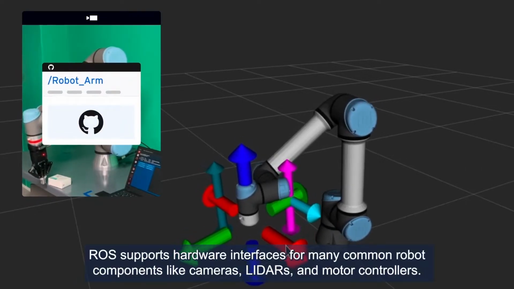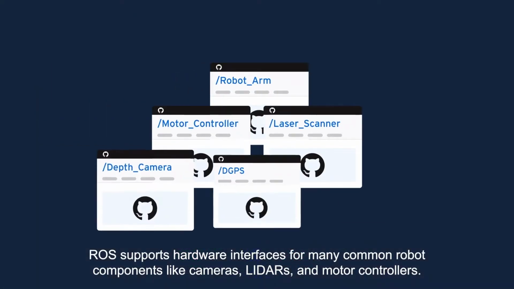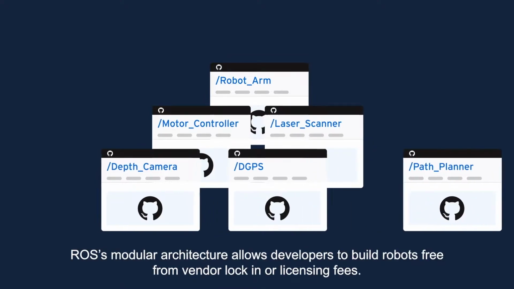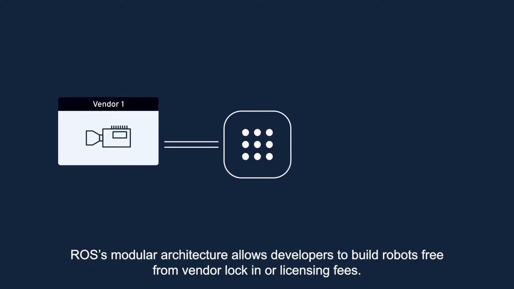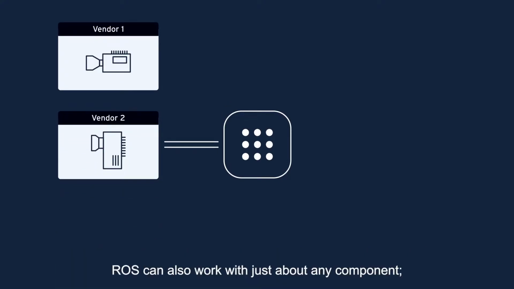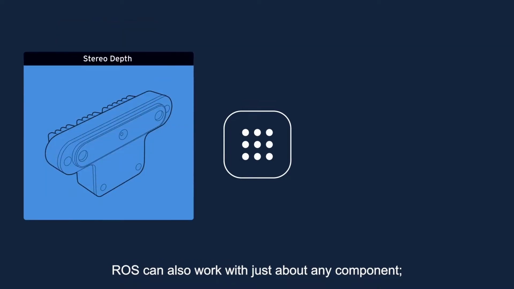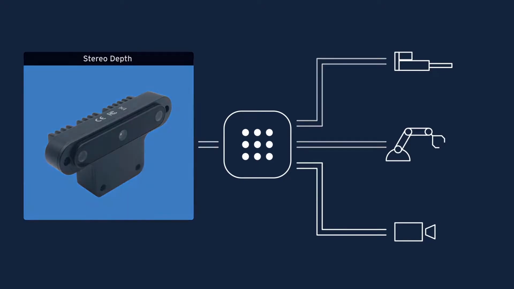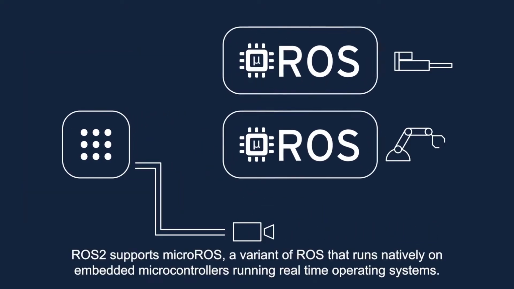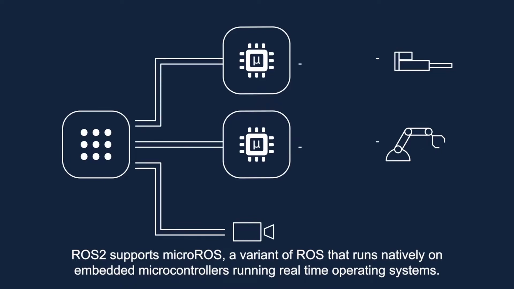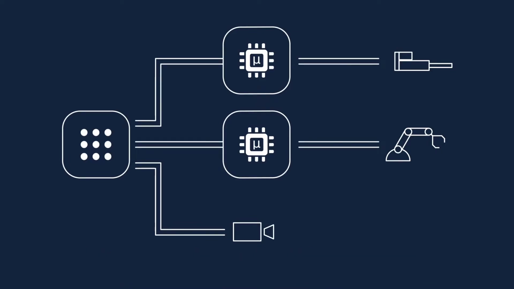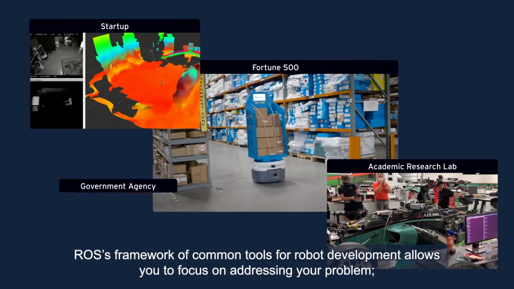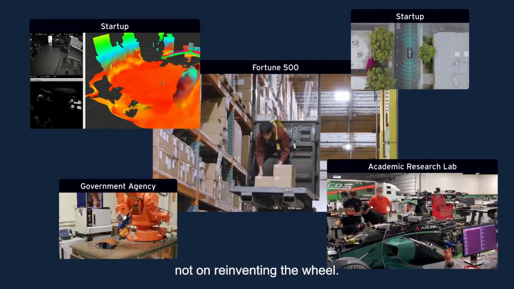ROS supports hardware interfaces for many common robot components like cameras, LiDAR, and motor controllers. ROS's modular architecture allows developers to build robots free from vendor lock-in or licensing fees. ROS can also work with just about any component. Anything that has a software interface is fair game. ROS2 supports micro-ROS, a variant of ROS that runs natively on embedded microcontrollers running real-time operating systems. ROS's framework of common tools for robot development allows you to focus on addressing your problem, not on reinventing the